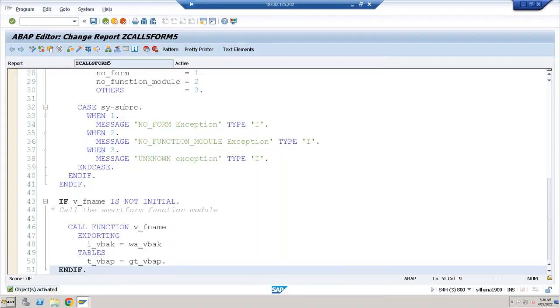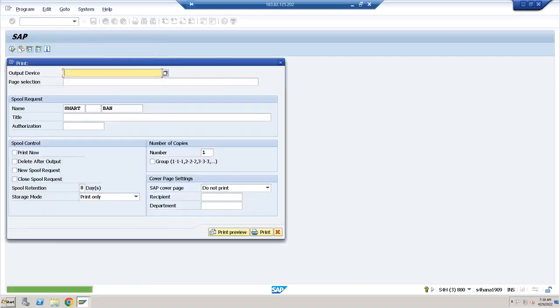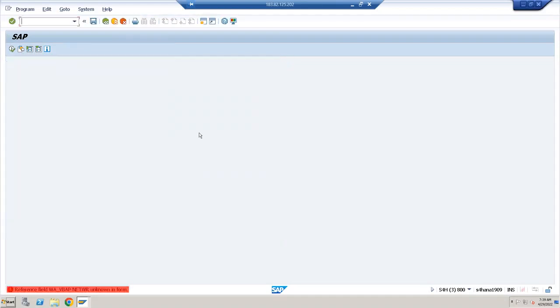When I press F8, I'll pass the sales document number as 30. Execute. Okay, what is this? LP01. I may get some error. Let's see that. What is that? Reference field W_VBAP unknown in the form. The problem is in the